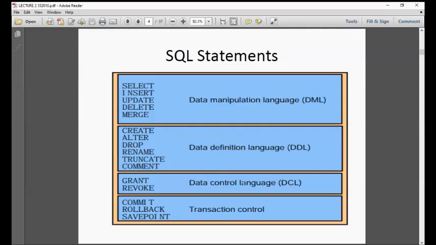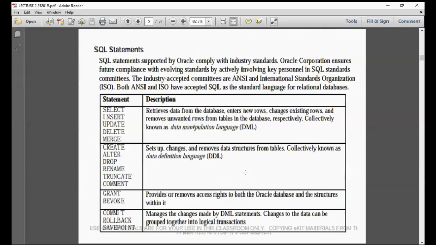And we have the control language, data control language. This is what I'm telling you. We only have, the default is system user. So we can create a user. We will grant them how to select, insert, update, alter, and we can revoke. What do you grant? Giving them permission. Revoke, removing their permission. And transaction control, this is the commit, rollback, save point. So all of this we will discuss.